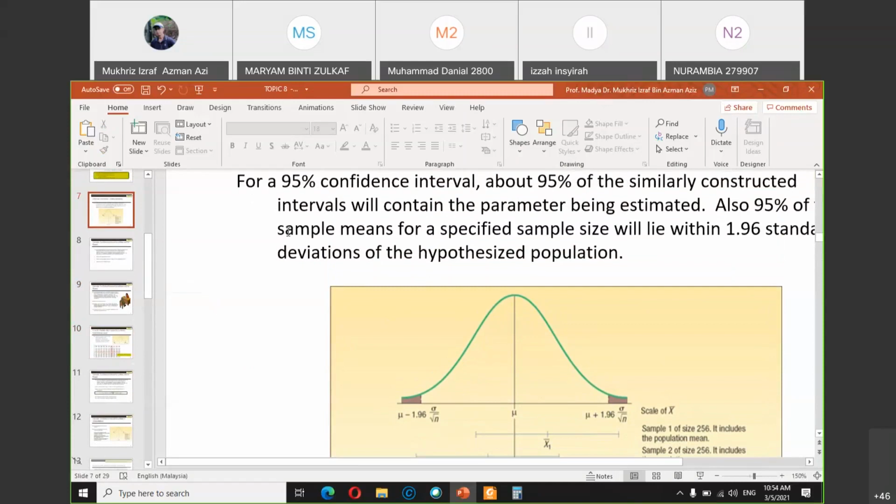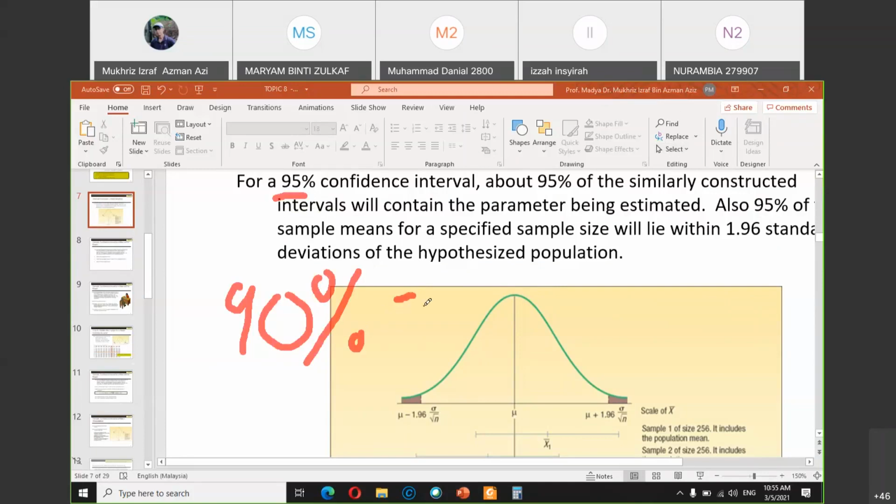Okay, for other values of percentage, like 98%, like I mentioned just now, the common ones are 90, 95, and also 99. These are the three common ones, but sometimes you do find different values besides these three. So the same procedure applies. Let's say you want to calculate 95%, 0.95, correct? If 90%,